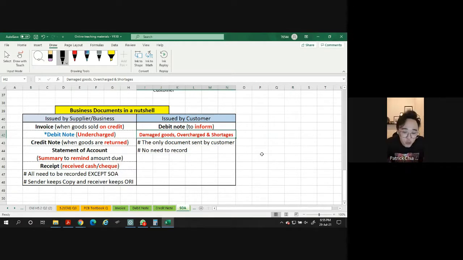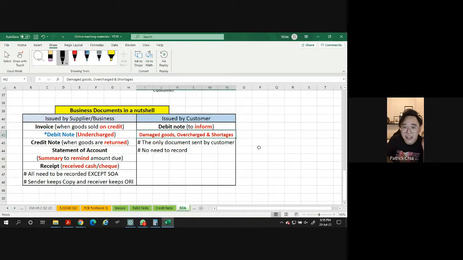Now don't worry about this one so much, because they probably only ask in MCQ, and usually only one question will be tested in the business documents. So these are the theory parts you need to know: what to send, who will send, and for what reason. So the invoice, remember, the seller sends because of sales on credit, and then who complains? The customer complains. They send a debit note. After the complaint, what does the seller do? They must say sorry. They send a credit note. So a credit note is always related to returns.